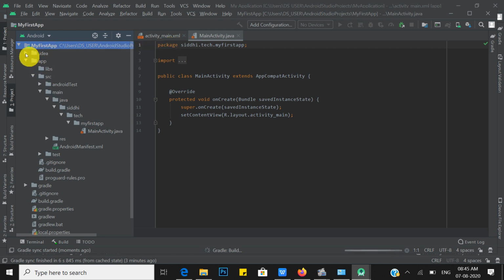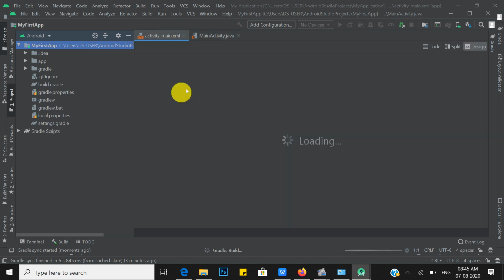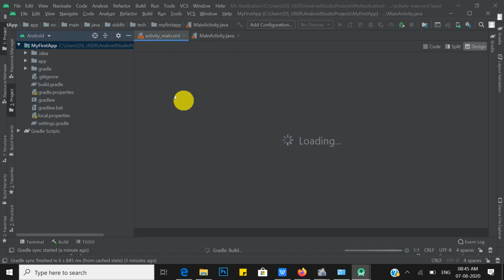Inside that there are app and Gradle, different folders present. Great guys, but what we have to do, mainly focus on activity_main.xml and MainActivity.java. We have to write our Java code here.